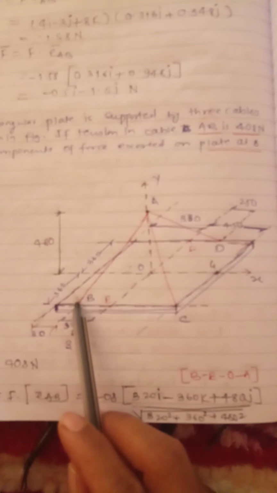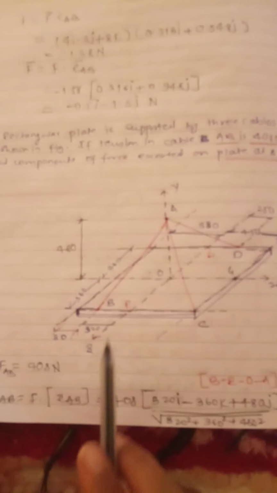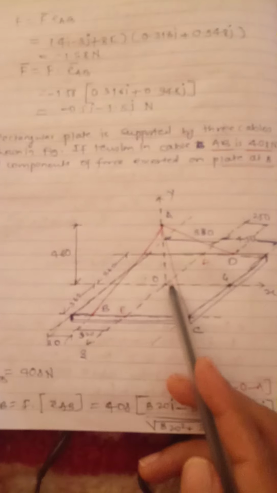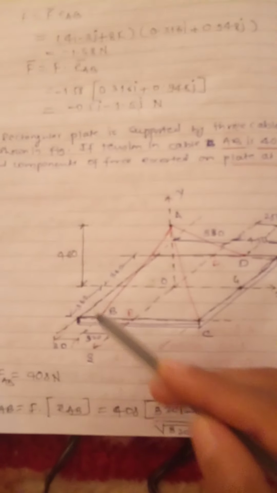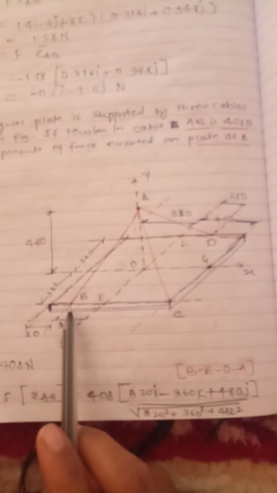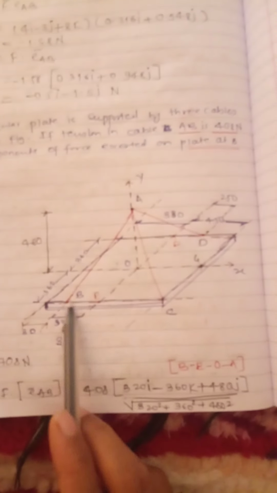You can go either by this way, or you are supposed to reach B to E, E to O, and O to A. B to E is a distance of 320. From E to O is a distance of 360, right? For that it is 320i. Why have I mentioned the positive sign? Because we are reaching from here. Whenever we are moving in the direction of X, you are supposed to follow the positive sign. If I am going from B in the negative direction, you will get the negative sign.